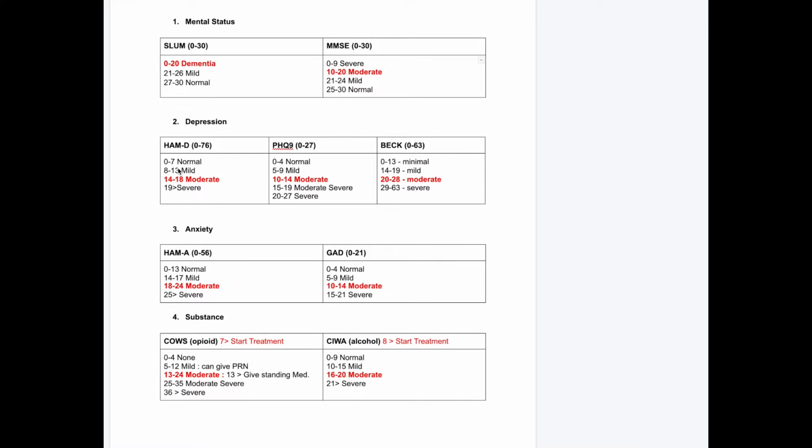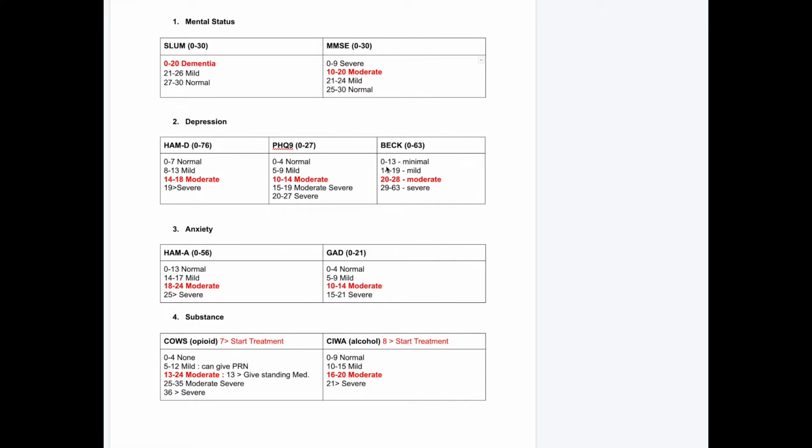0 to 7 is considered normal, 8 to 13 is mild, and 14 to 18 is moderate. 19 and anything greater than that is considered severe depression. And then you have the second scale for depression, which is PHQ-9. This ranges from 0 to 27, and in this you have 0 to 4 is considered normal, 5 to 9 is considered mild, 10 to 14 is moderate, 15 to 19 is moderately severe, and 20 to 27 is considered